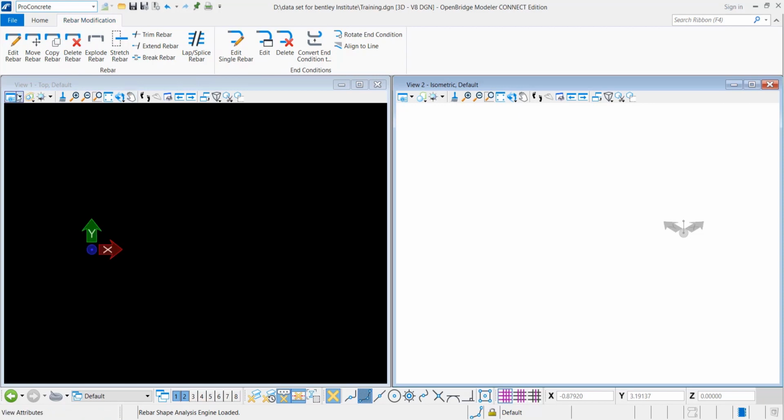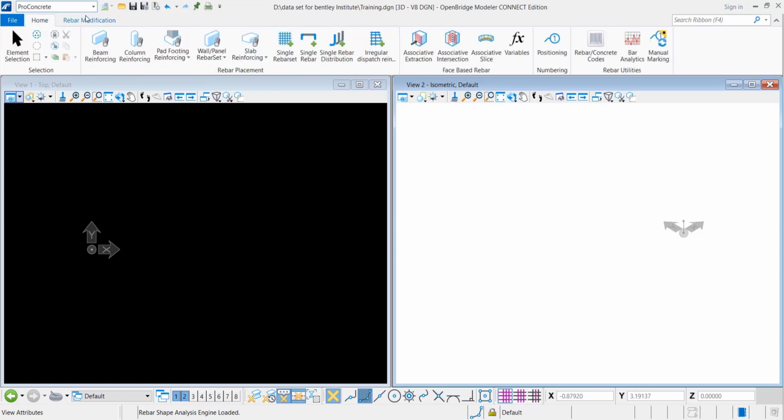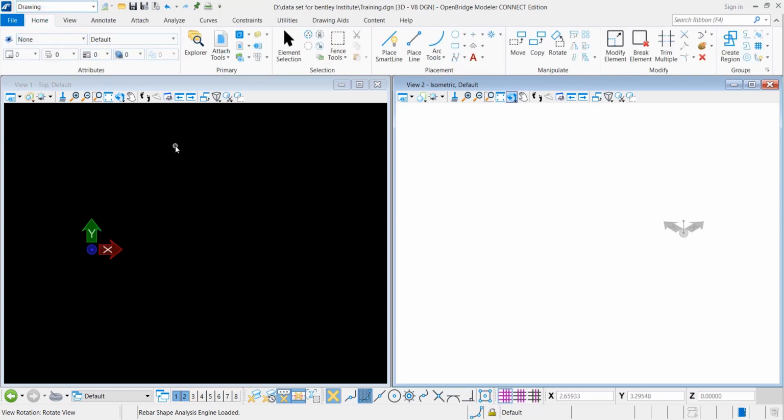So now if we change to a new tab like Pro Concrete, you can see there is a different tool set available for detailing the concrete materials. So these are different bar shapes available. And remember, we are doing it through that annotation method. So we do detailing for beam, column, and footing separately, and we can combine them as well. And then once you are using Pro Concrete for detailing through OpenBridge Designer, you can actually get the reinforcement quantity and bar bending schedule report as well.